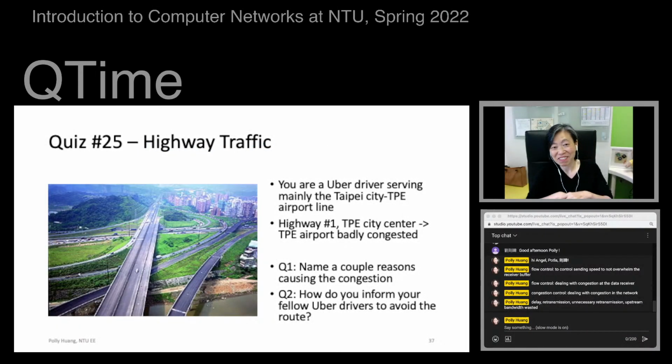Okay, what can we do about congestion? Well, let's try to see if we can learn from how vehicular traffic is being controlled. So Quiz 25 here is asking,